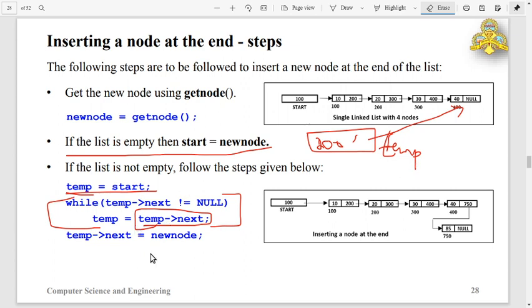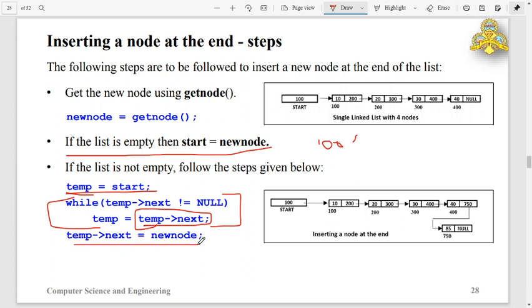Now, in the last node's next pointer, which is a null pointer, I will store the new node's address held by the pointer new node.